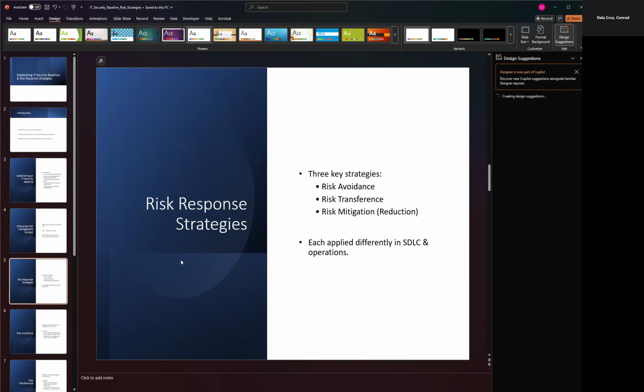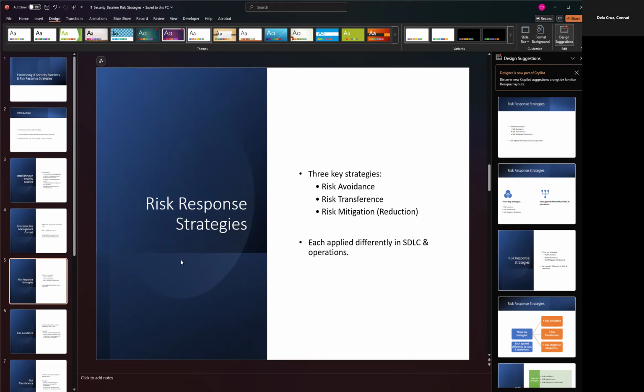Okay, next slide. Risk response strategies. You can either avoid a risk, right? You can either transfer a risk or mitigate a risk. Let's go opposite order. Mitigate. You're trying to reduce a risk, right? If there's a risk that there's no patch available for, maybe you start restricting access to that server or application. Maybe you apply more monitoring on that server or application, right? That's reducing your risk. When you're transferring a risk,